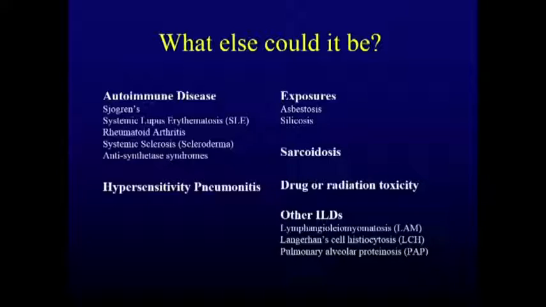The ones that are common here obviously are rheumatoid arthritis. Rheumatoid arthritis, if you do CT scans in all comers with rheumatoid, about 30% of them have an interstitial abnormality on their CT scan. The problem is that it becomes clinically significant over the course of life in rheumatoid only about 5% of the time. So if rheumatoid is 5% of the US population, 5% of them have any clinical outcome of their interstitial lung disease, we're really talking about a very small percentage of our patients